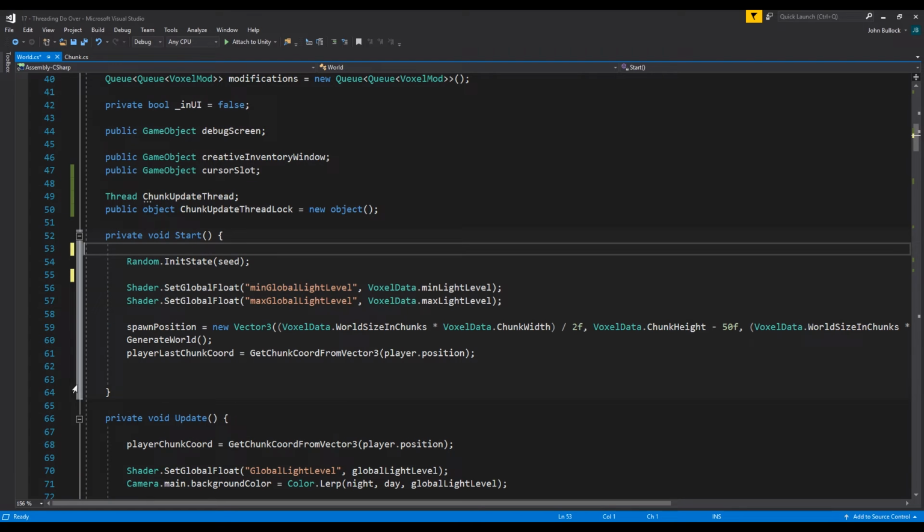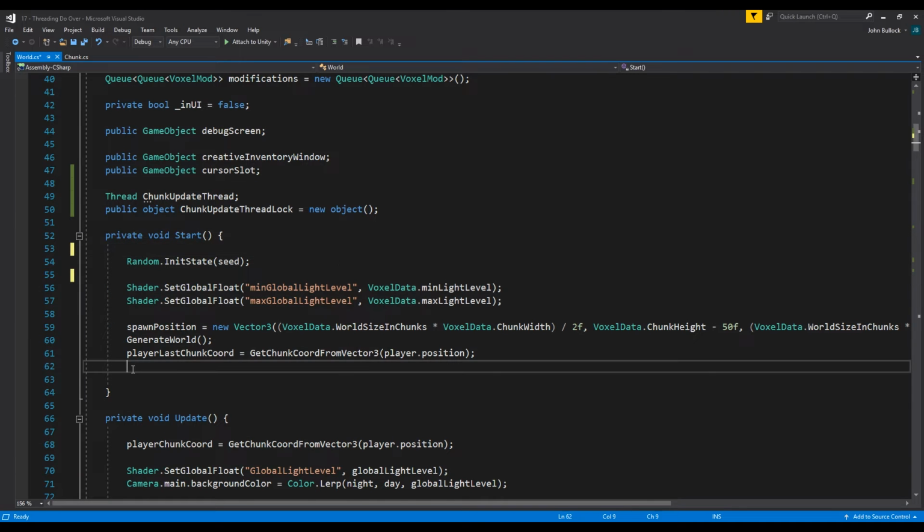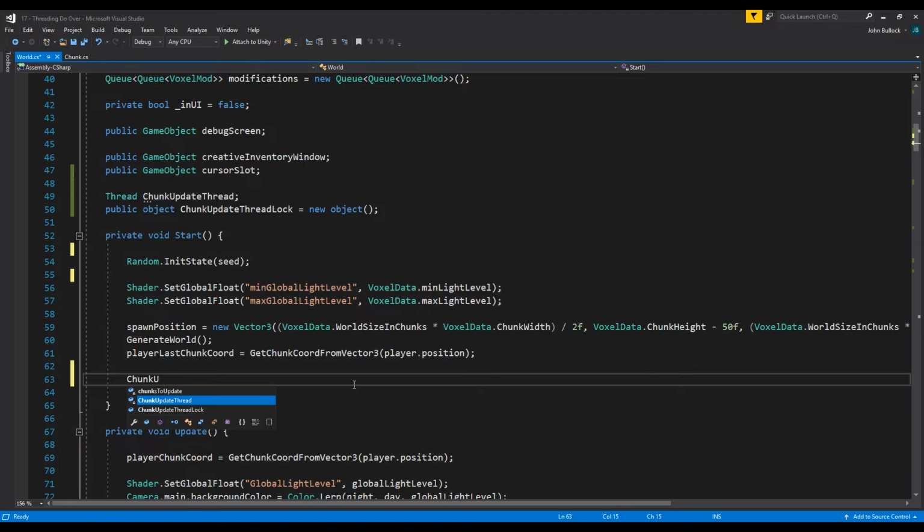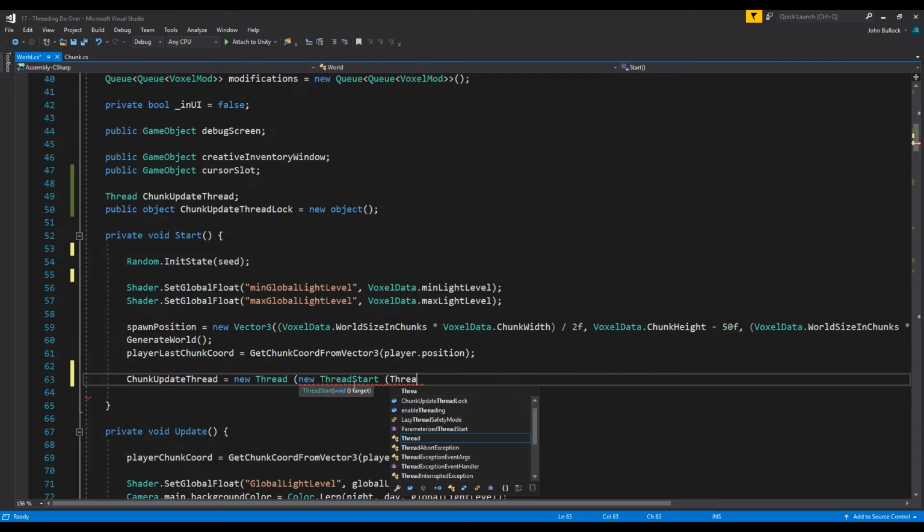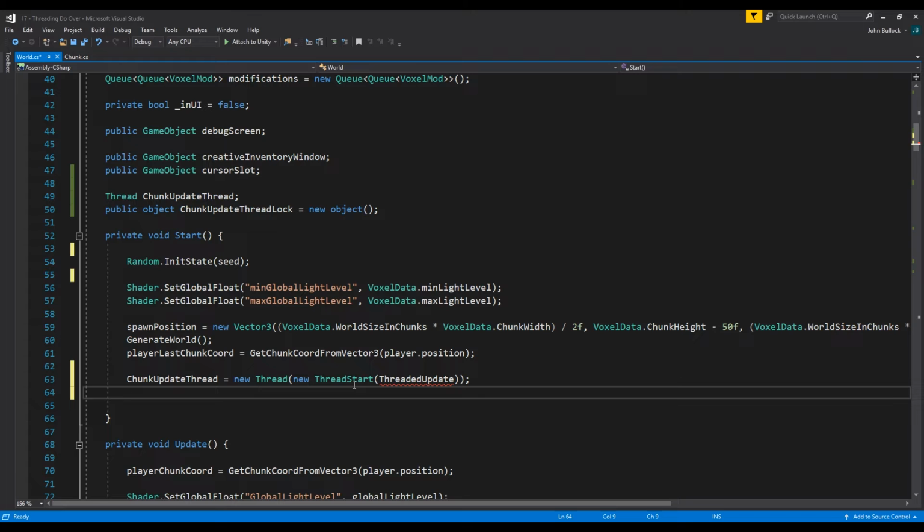So in the start function, we need to get that thread going, and we're going to say chunk update thread equals new thread, new thread start, and then we need to give it a function. The function we're going to give it is called threaded update. We haven't got that function yet, so it's going to have an error. We're going to make that function next, and then just chunk